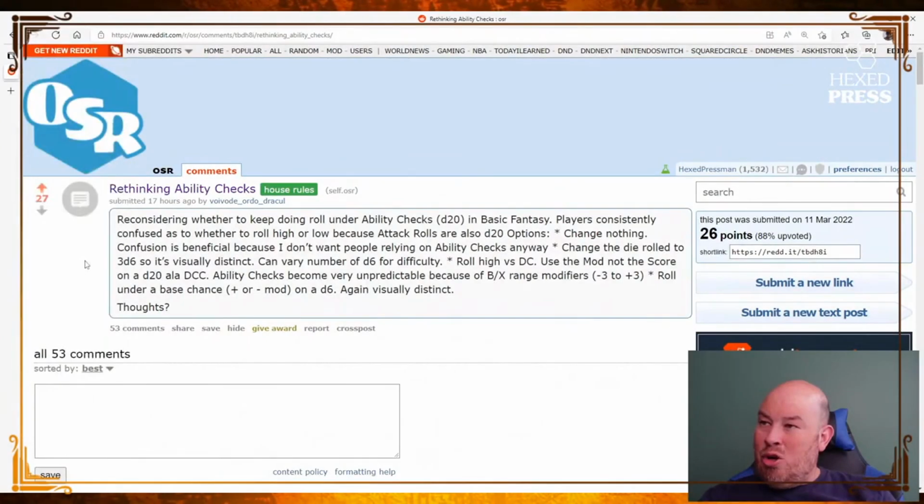Submitted 17 hours ago by Voivode Ordo, reconsidering whether to keep doing roll-under ability checks in Basic Fantasy. Players are consistently confused as to whether to roll high or low, because attack rolls are also d20 options. Asterisk, change nothing. I think this is formatted. They meant to format this as a list of options, but there's a little bit of lack of formatting